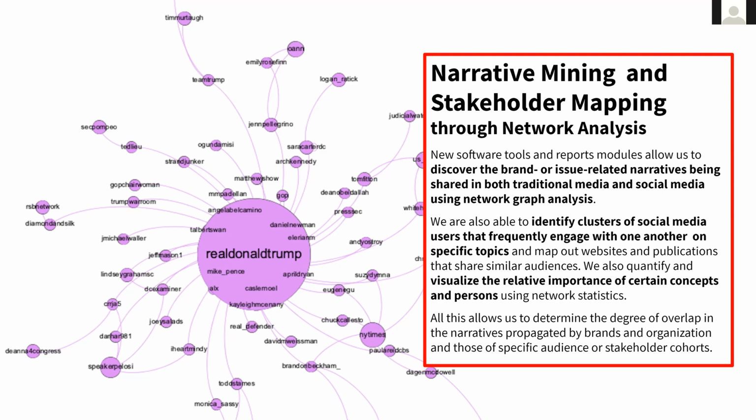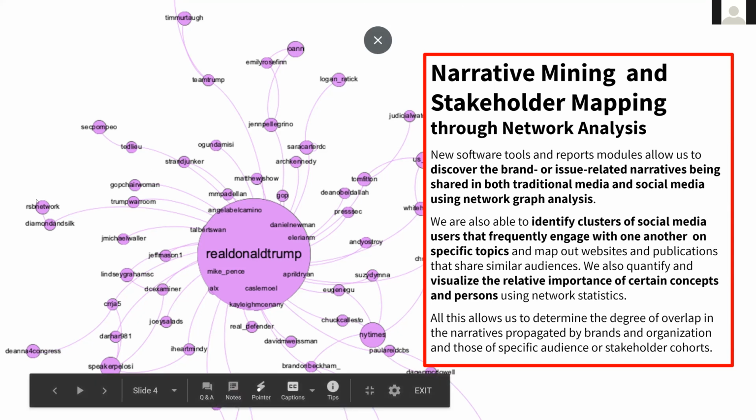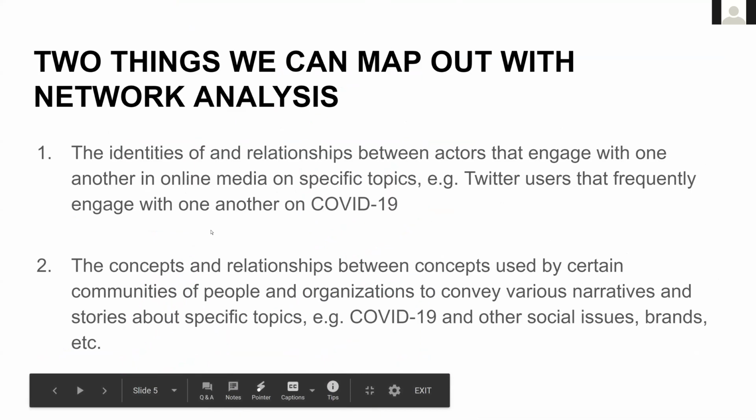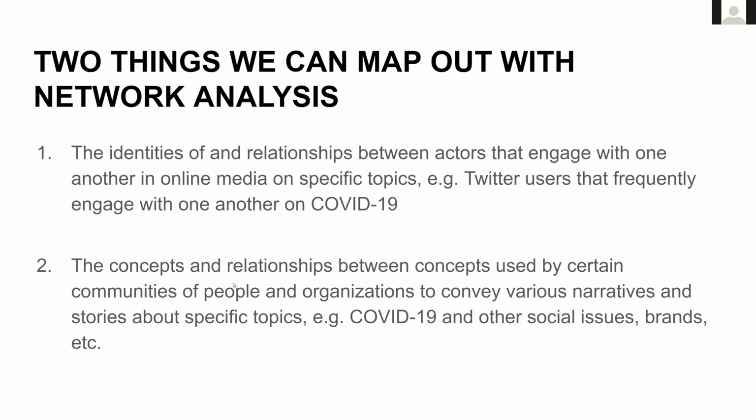But we have this thing called narrative congruence, where basically we're able to measure the extent to which the narratives of one group of people overlap with the narratives of another group of people. And in order for us to do that, we have to be able to create networks of the content and not of the people. So dun papasok yung semantic networks, but I'll get back to that in a future session. For today, let's talk about actor networks for our stakeholder mapping. Okay, so I'll quickly talk about, I'll define probably what a network is. Ito pala, so there are semantic networks and actor networks.